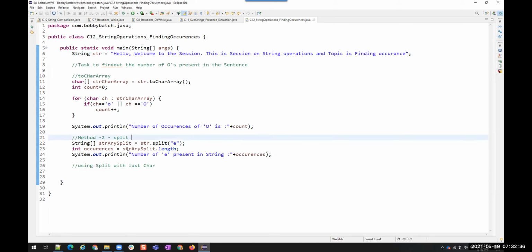So this problem arises when we use the split method. Whenever we are finding the number of occurrences using split, we have to make sure that this character is not the last character of the string. To make sure of that, whatever the string might be, we are going to add a space at the end.